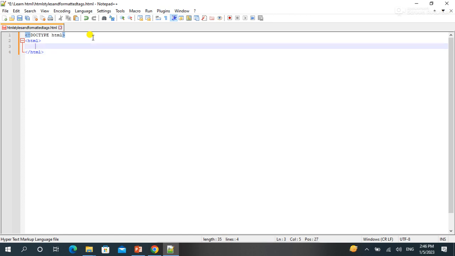Inside html I have the head tag. Inside the head tag I have the title tag,